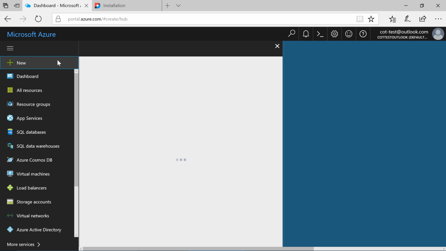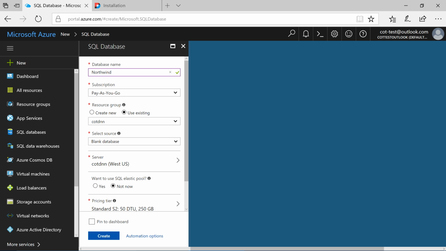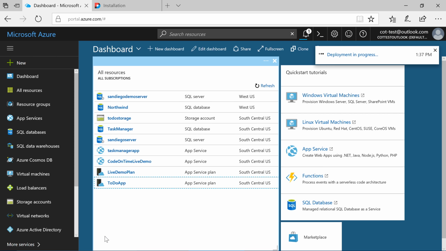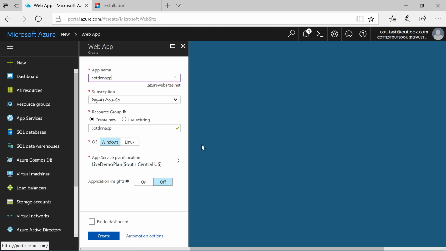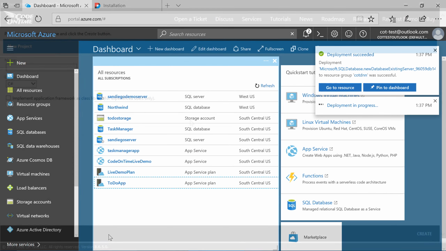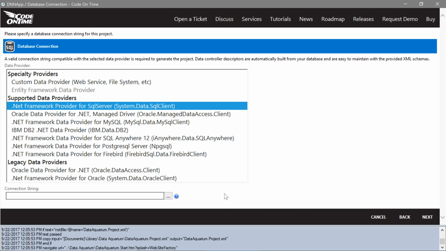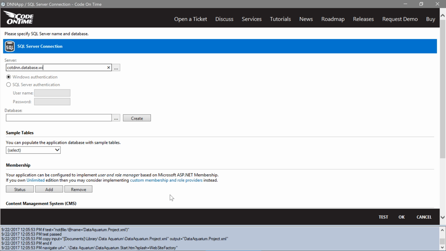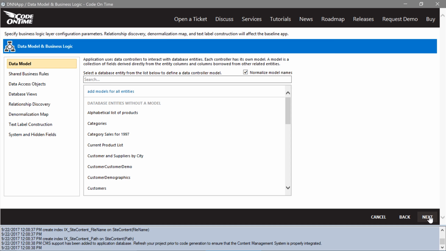First, let's create a database for the app in the Microsoft Azure portal. Next, let's create a web app that will be used to host the app in the cloud. Let's create an app in Code on Time Web App Generator. Connect to your Azure database. Install the Northwind sample. Create models